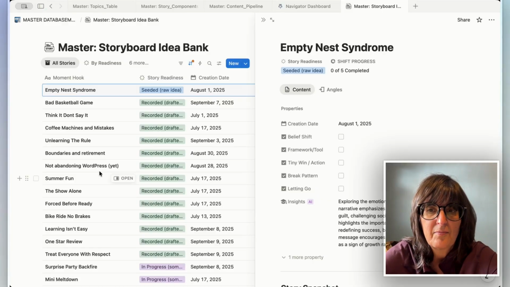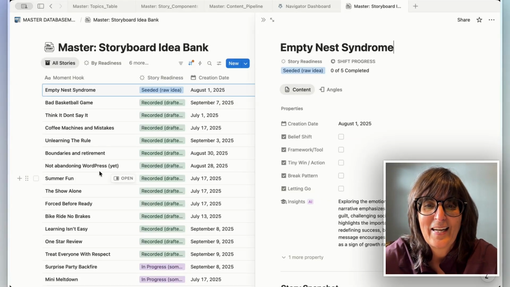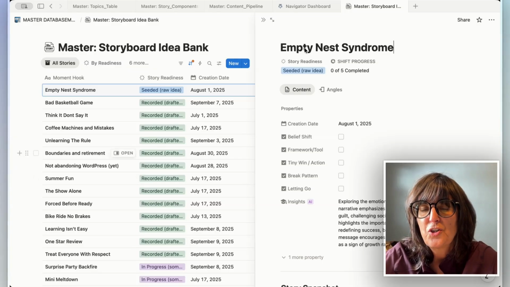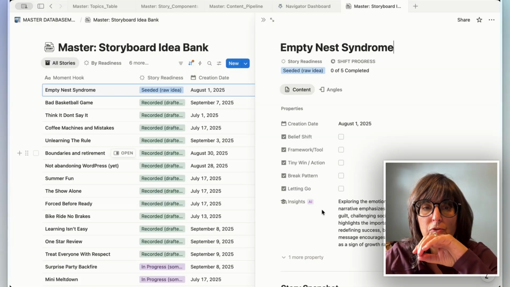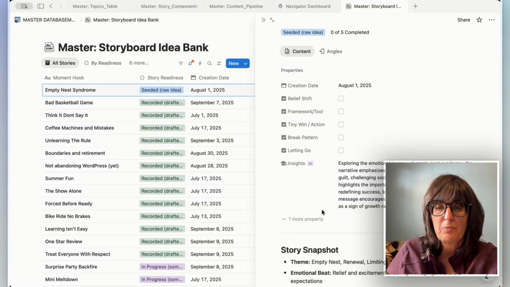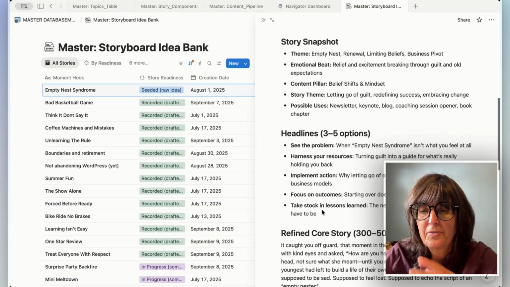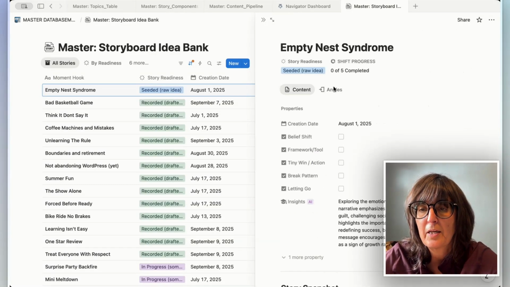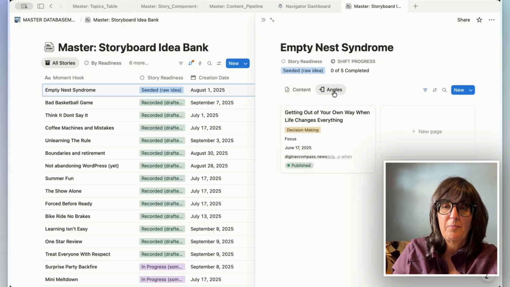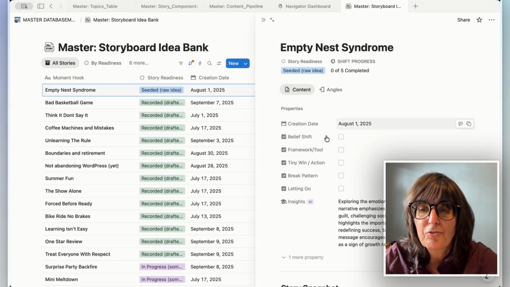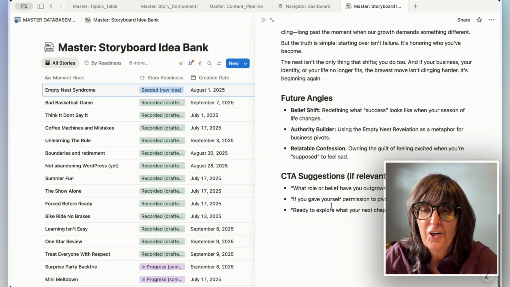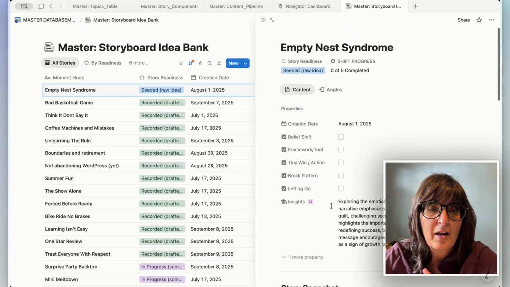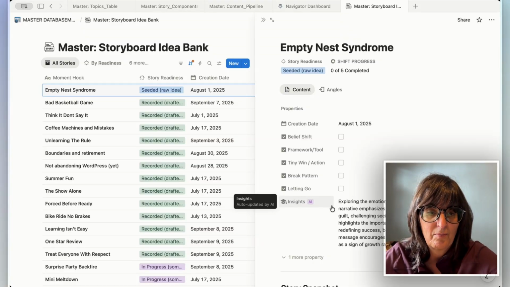Okay, so this is the old Story Bank idea board. It's just a quick reference of what the story is about, the readiness of it. I have a framework called Shift. What it does is it captures 5 different ideas from one story to be used in the future, and then this is just information from the story and the body of it, and then it goes to a relationship database, which is the angles, and the angles are these 5 pieces, right? So it references it in here, of future angles of what I can do with the story. And that was problem number one.